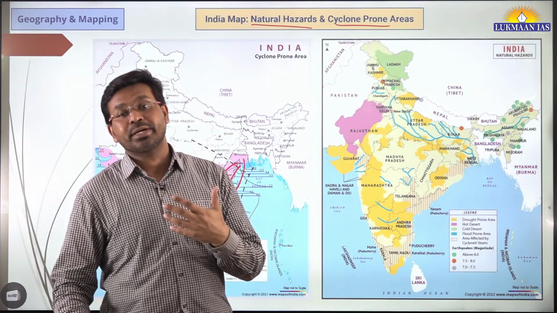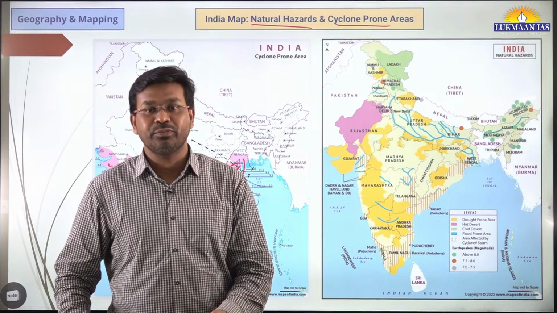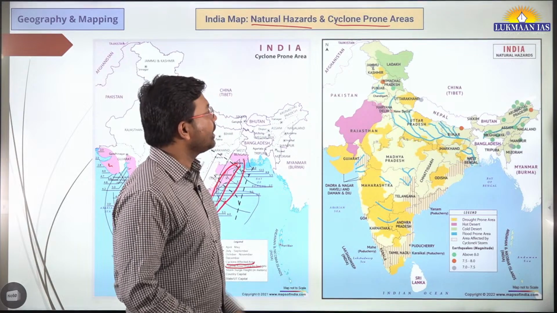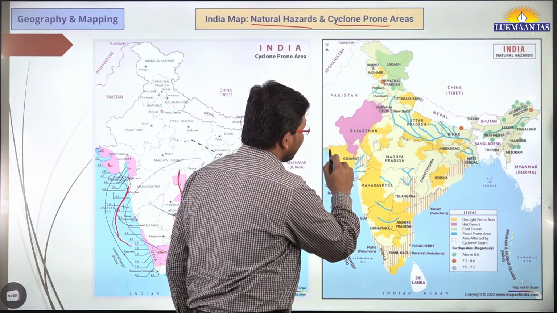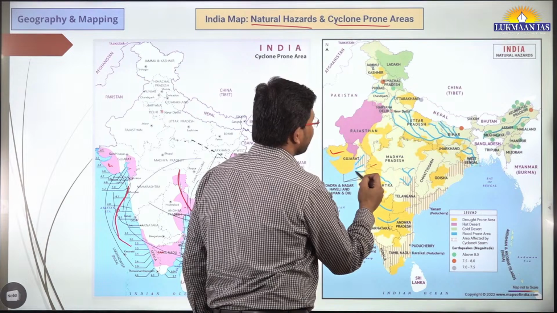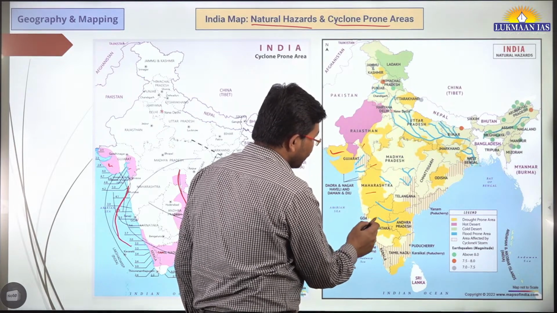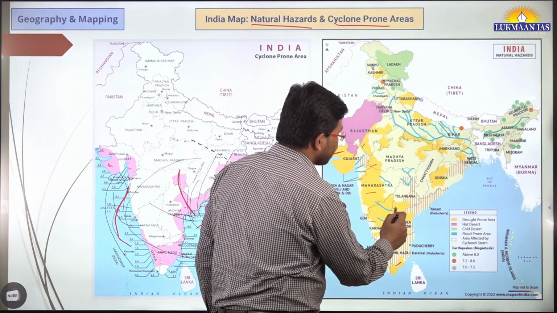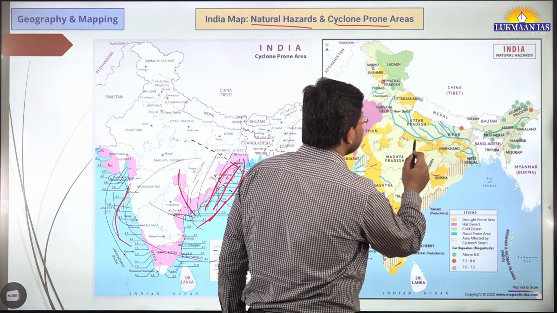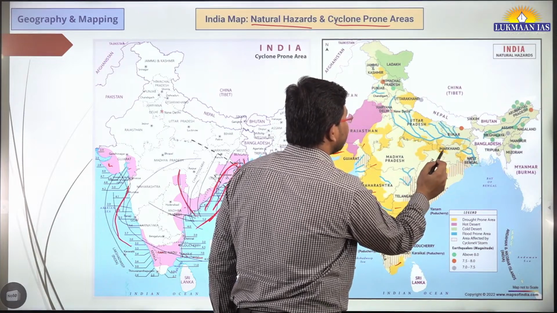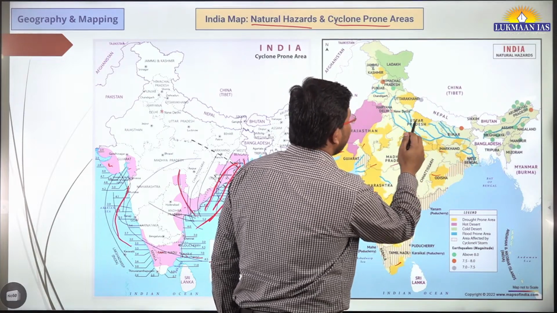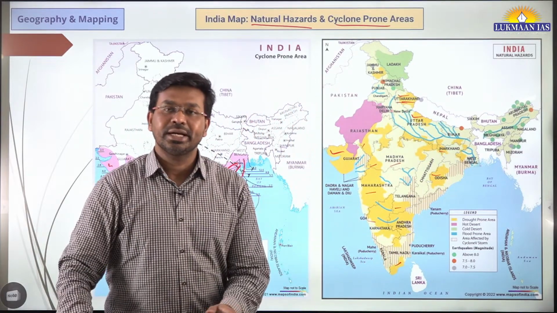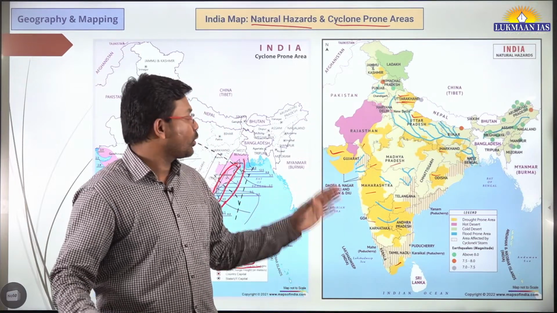In drought prone areas, it becomes very difficult to do agricultural practice the way it is being done in other mainland areas in India. The dark yellow color that you can see in the map covers Gujarat, Maharashtra, some portion of Madhya Pradesh, some portion of Rajasthan, some portion of Karnataka, Andhra Pradesh, some portion of Tamil Nadu, some portion of Telangana, Odisha, and the intersecting regions between Jharkhand, Madhya Pradesh and Uttar Pradesh, including Uttarakhand. These are the drought prone regions in the country.